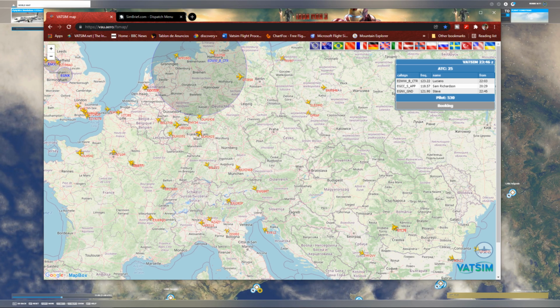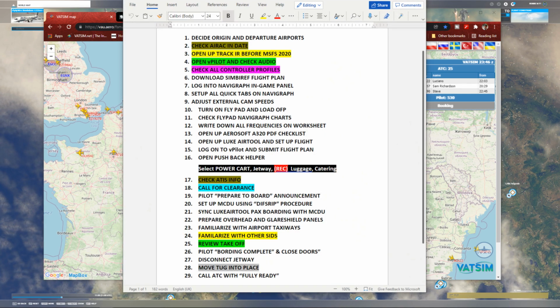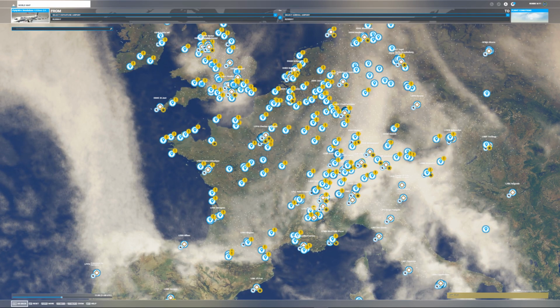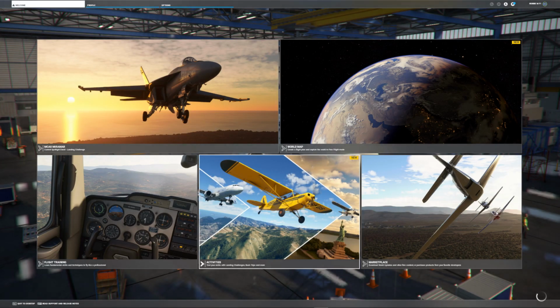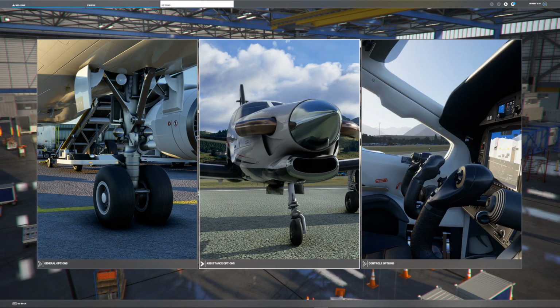And I think the next thing we're going to go to is, right, check all controller profiles. Okay, so this is another thing that you might want to just check. All right, so if I just go back here and then we go to options, go to